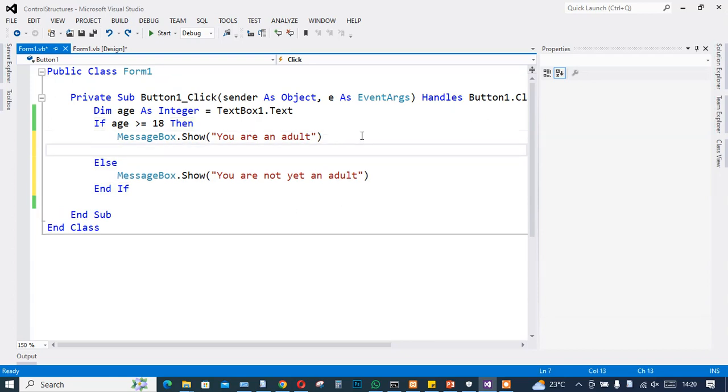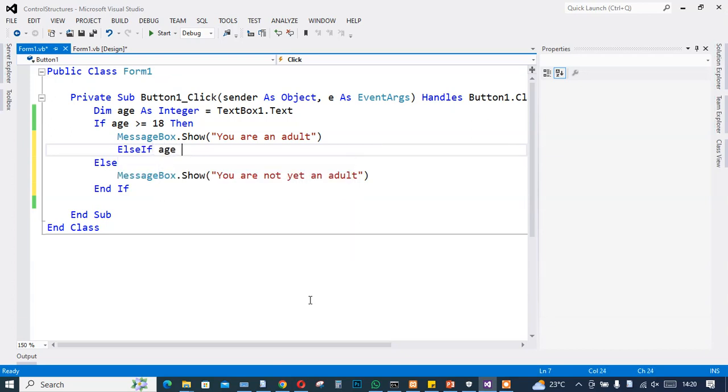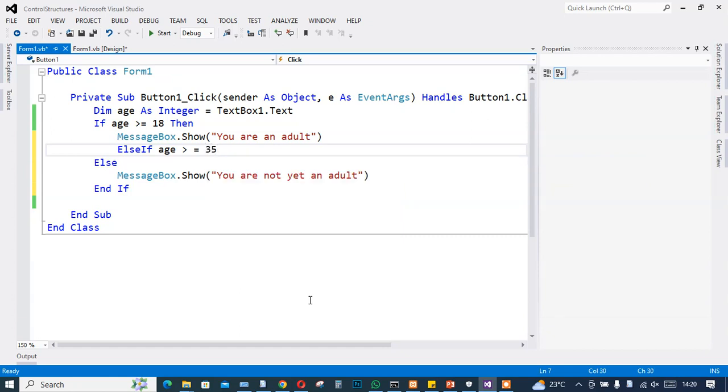Then I can continue and say else if age is greater or equal to maybe 35,